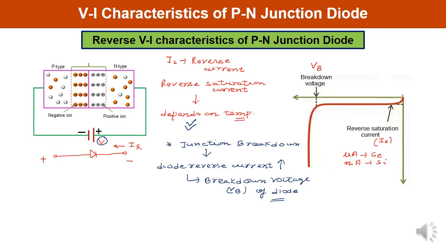And here the curve is being plotted. See, on the x-axis voltage is being taken and along the y-axis you are plotting the current. This is how you can explain it further. Even you can write down the diode current equation for the reverse bias case also. Let me write down the diode current equation over here.